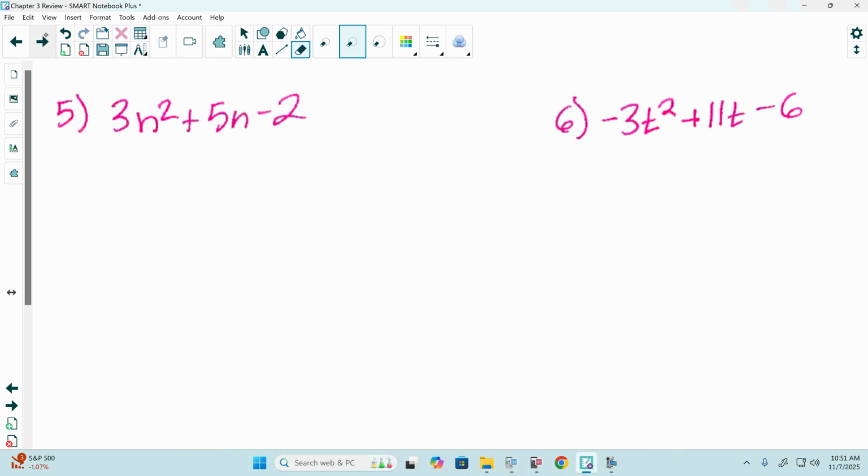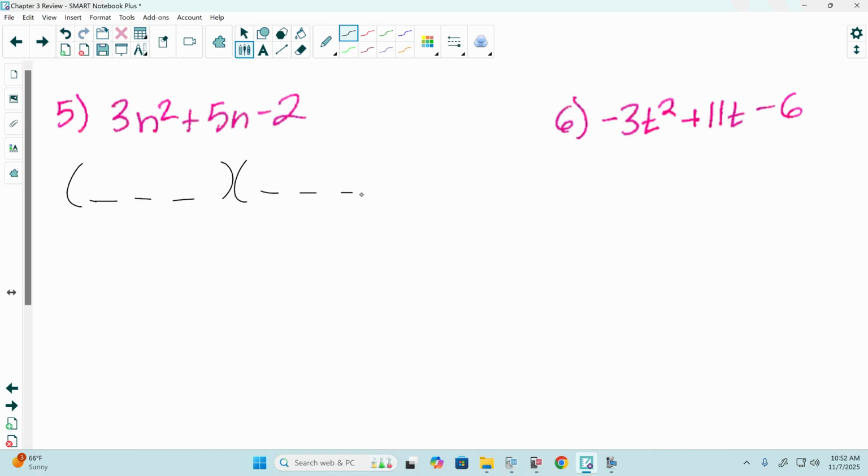3n squared plus 5n minus 2. Now again, the first thing we're going to look for is a greatest common factor, something that goes into all three terms. So we're looking at 3n squared, 5n, and 2. There's no variable in common with all three. 3, 5, and 2 do not have a common factor. There's nothing that divides into all three. So there is no greatest common factor, which means we move on to step number 2,